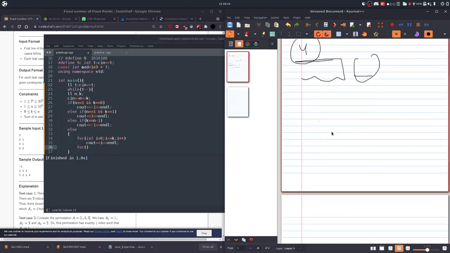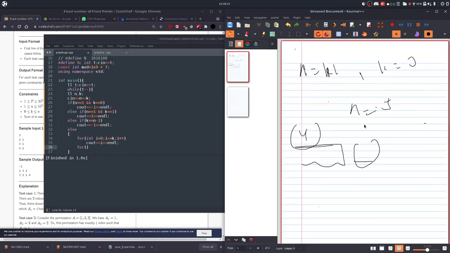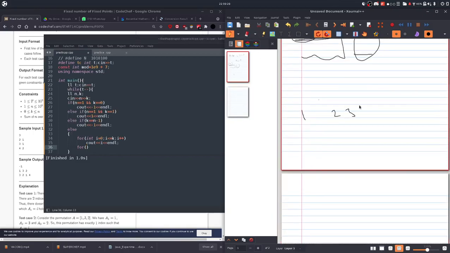And after this, we're gonna loop for the next values, as we're gonna loop till k. Let's say here k was 4, so we're gonna do 1 2 3 4. Now we don't want any other values which should be equal to its own position. So what we're gonna do, we're gonna add i plus 1.